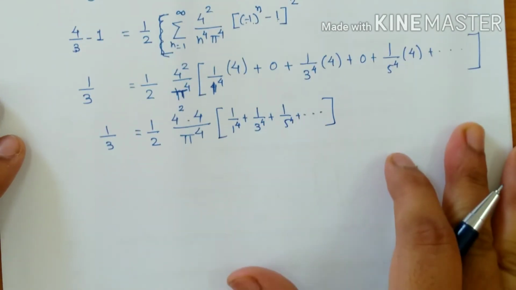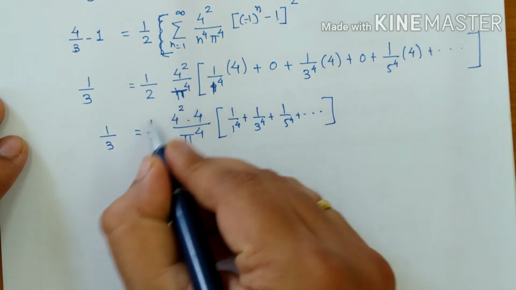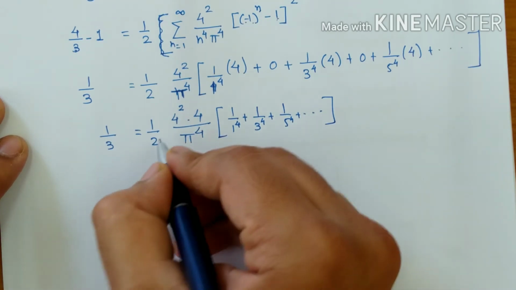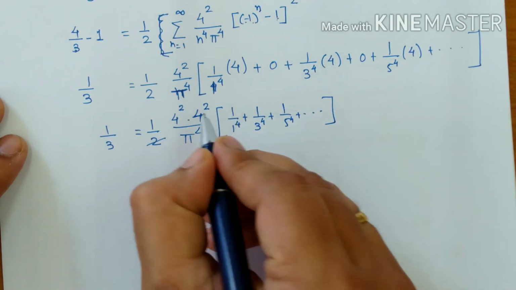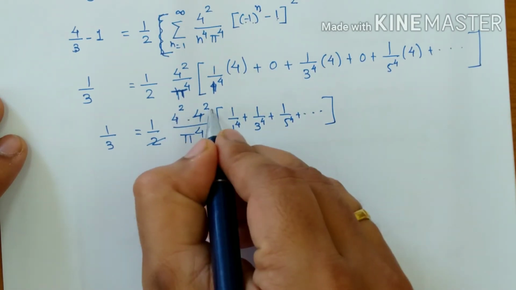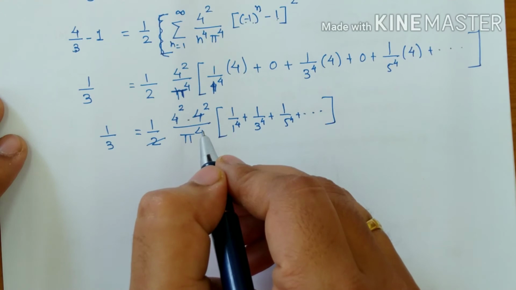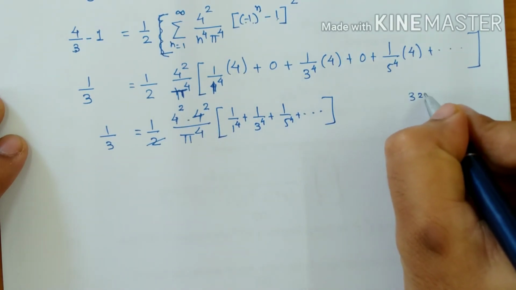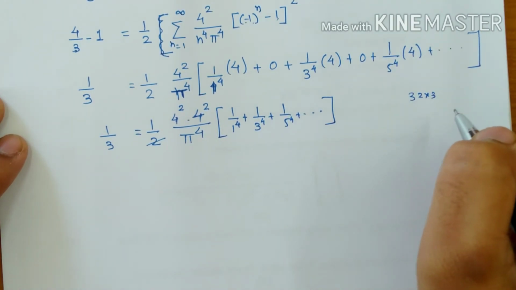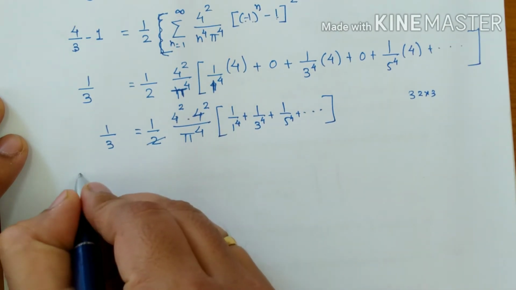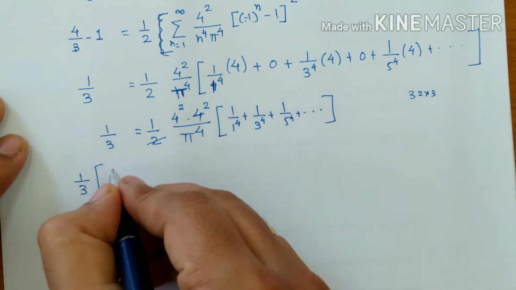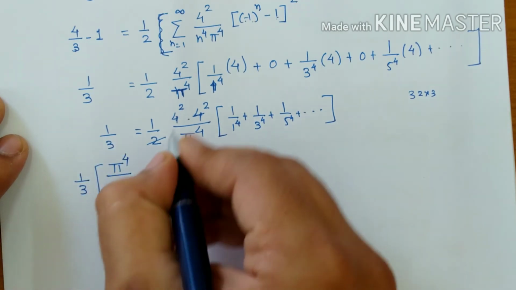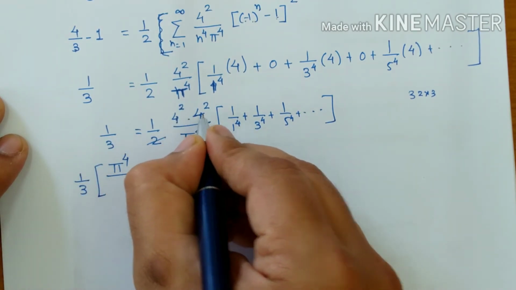Now, whatever the term we have here, we shift it to the right hand side. But before we shift, we make a simplification here. So 2 2s are 4. So 4 square, that is 16. 16 2s are 32. And 32 3s are, that is 96. Okay, so we are getting this term. Anyways, while taking this term to the left, we have pi raised to 4 divided by 4 square, that is 16 into 2.